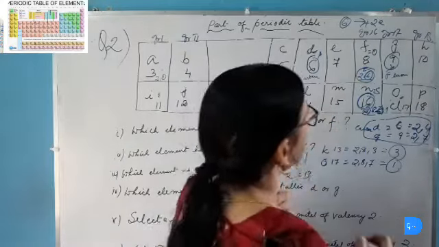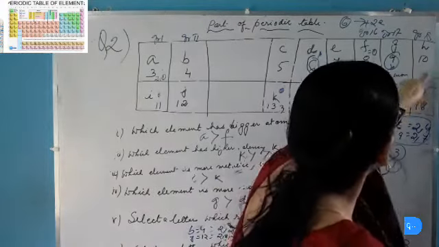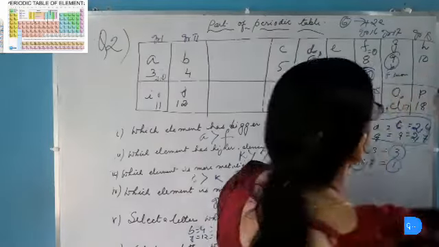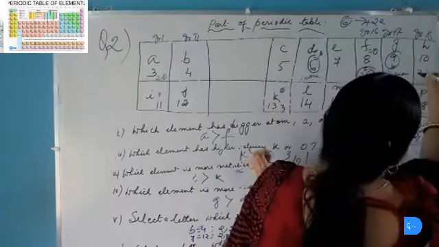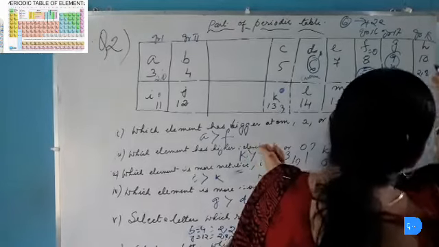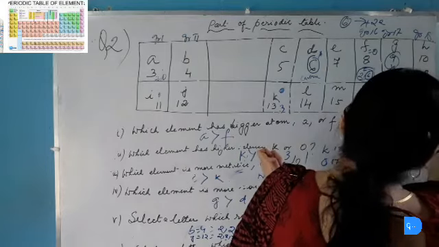Now what about the group 18 elements? These are the group 18 or noble gas elements. These have completely filled electron shells. So what is the electronic configuration of this? 2 and 8, and this is 2, 8, 8. So what is the name of H? It is neon, and this is argon.